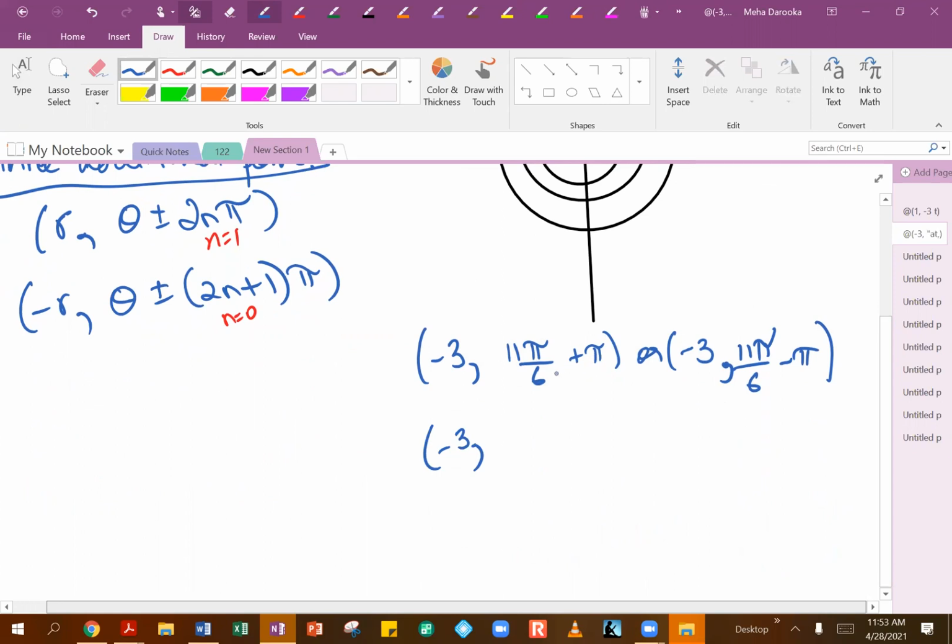And as you will see, when you do the plus pi, it actually gives you a larger number, because now that will become, multiply this by 6. So 6 plus 11 will end up giving you 17 pi over 6, which goes beyond our angle limits. So this guy actually doesn't work out for us, because remember, your theta has to stay between